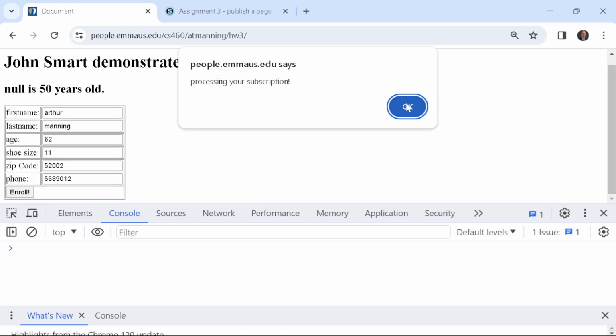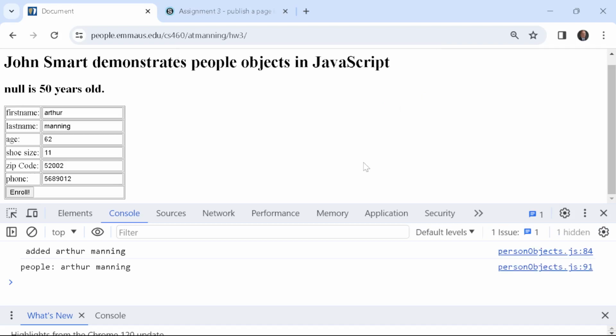I'm going to get rid of that pop-up. Enrolling. And there is my people. The people is doing nothing but listing the name. Let's make that more interesting now. But I'm going to pause first here and